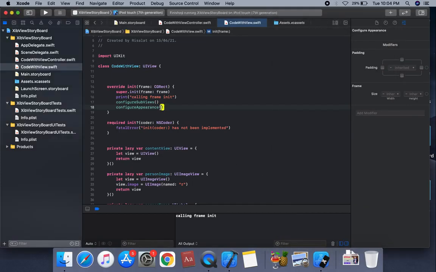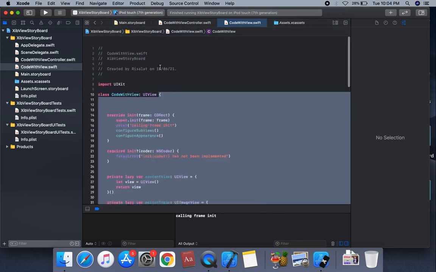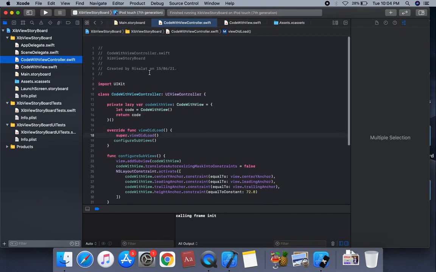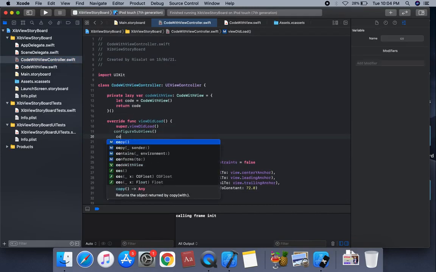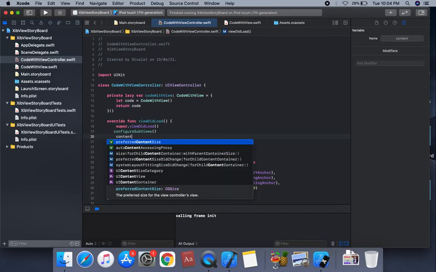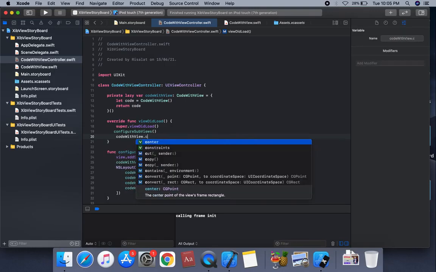So firstly, the topic: if you want to create a common view and use the same view in multiple places, then you want to create a common view. So this is used in multiple view controllers. We can change this color. Suppose we change this color, content view, sorry, codeWithView.contentView.